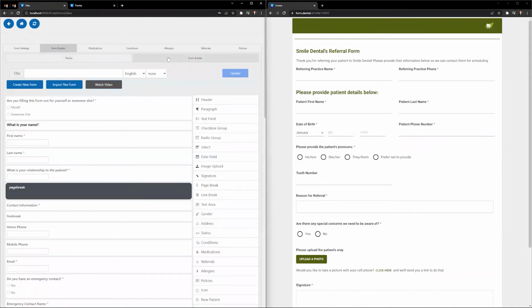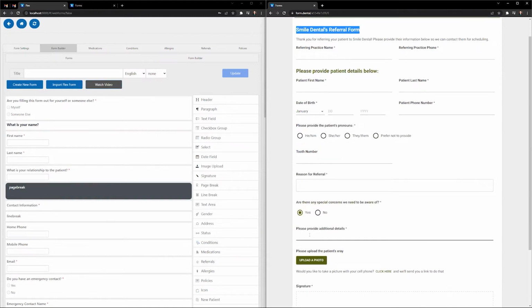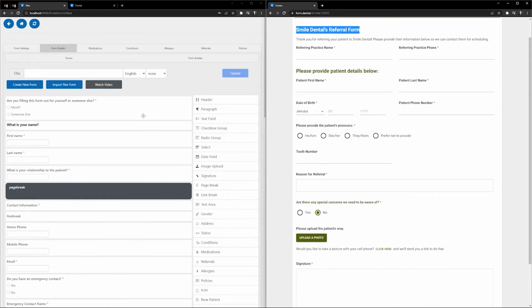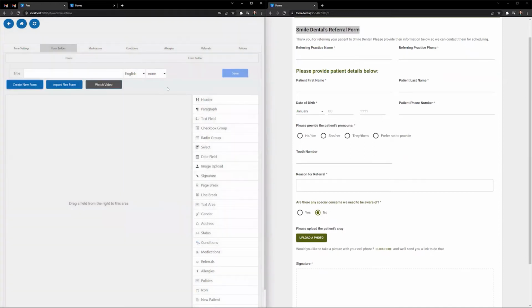So we'll come into our form builder. A couple of details on our form. We've got several different elements here like headers, paragraphs. We've got text boxes where we're asking for information. We've even got details like date of birth and certain radio buttons. And we've got some conditional logic built in here where questions are only going to show based on the previous answer to a question. So what we'll do here is come into the Create New Form option,